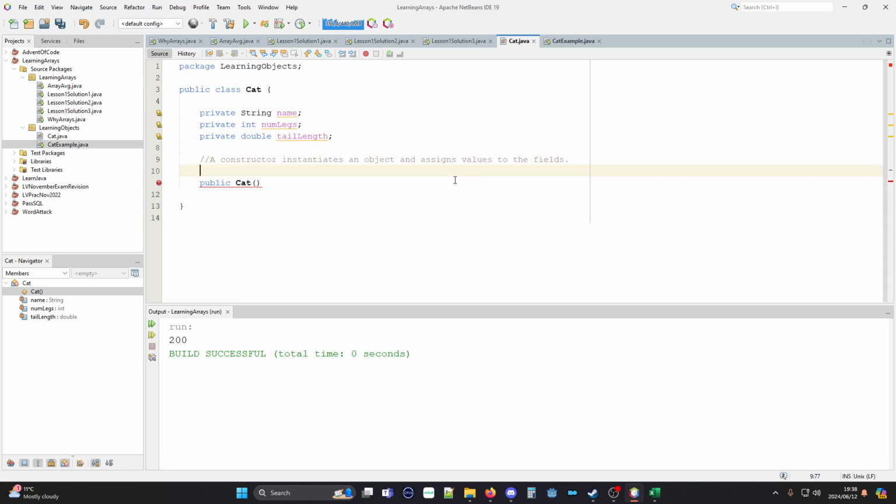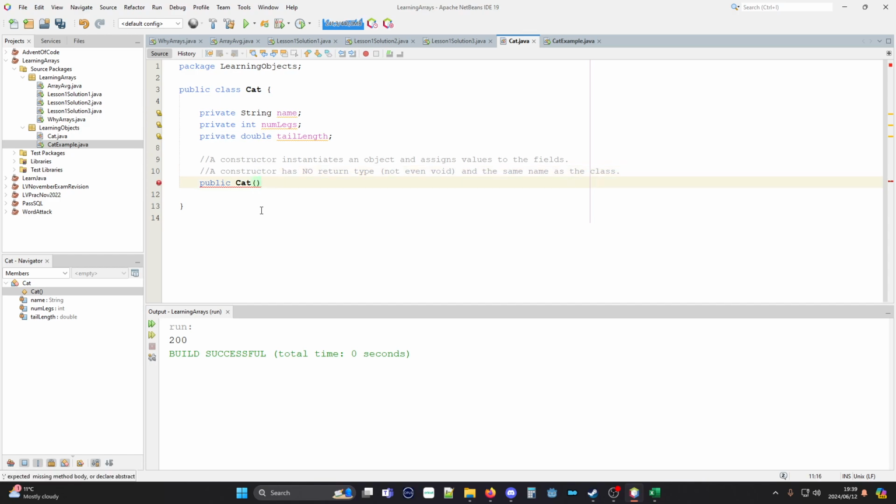That is important enough. I'm just going to comment there. So I'm going to say a constructor has no return type, not even void, and the same name as the class. All right, and now I want to put some parameters inside here, and parameters are values